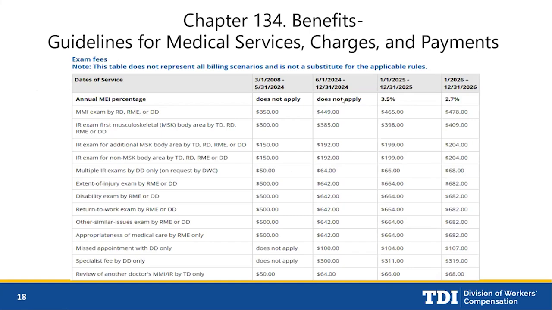And the oldest one will fall off as we update the most current year. You can find this table if you go to the division's website and look in that workers' compensation A through Z and click on C for conversion factor. Scroll down the page and you'll see all of these workers' compensation specific exam fees with their amounts published.